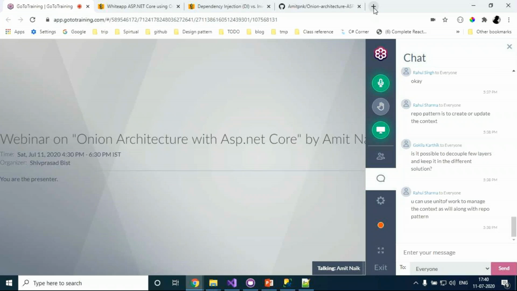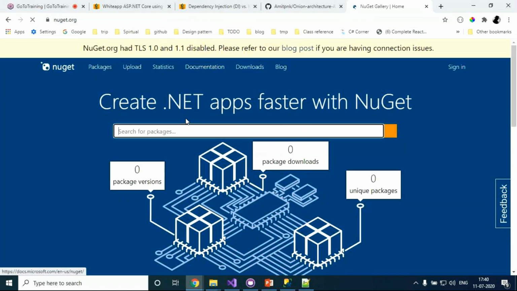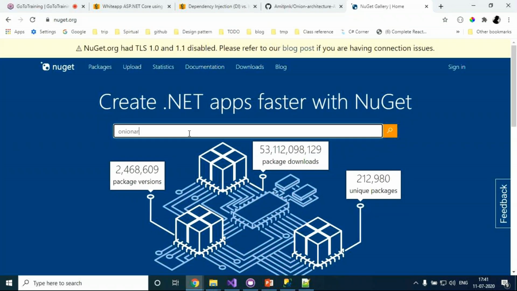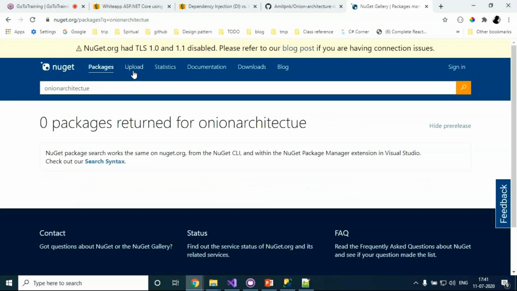I was trying actually on the NuGet.org about Onion API. Yes, here it is.